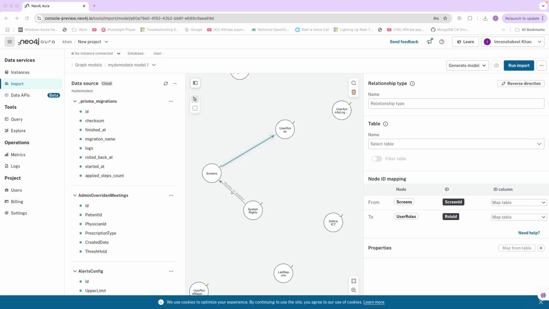One is healthcare and biomedical research, where I linked symptoms, diseases, treatments, drugs, and clinical trials,